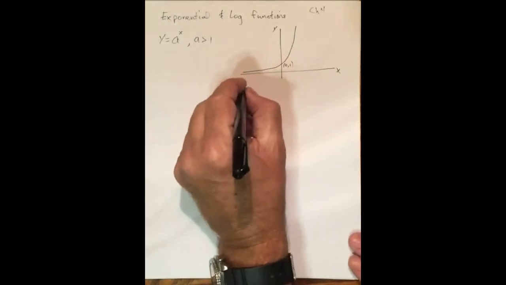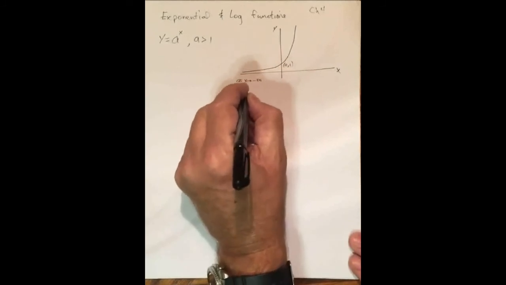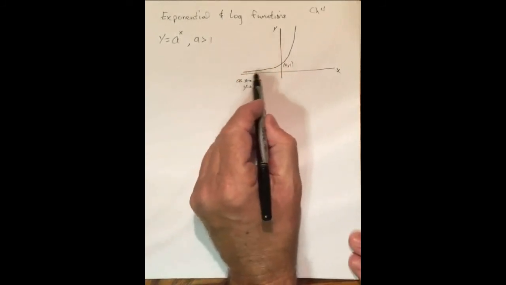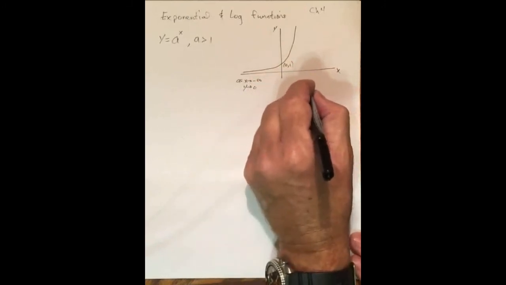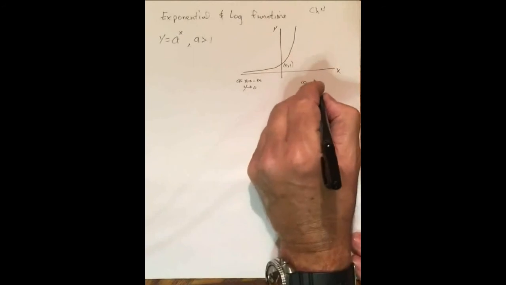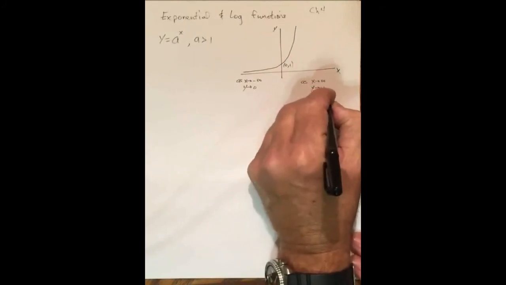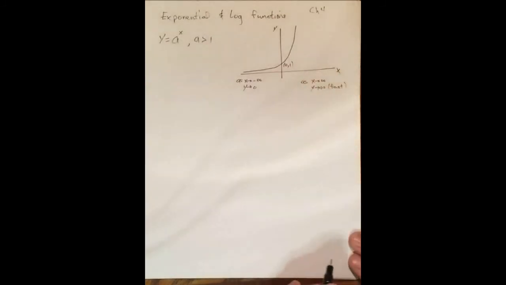We know that as x goes to minus infinity, the y values go to 0. They're going to approach the x-axis, but never cross the x-axis. We have also seen in class that as x goes to infinity, y goes to infinity and fast. As x gets bigger, the y values get bigger